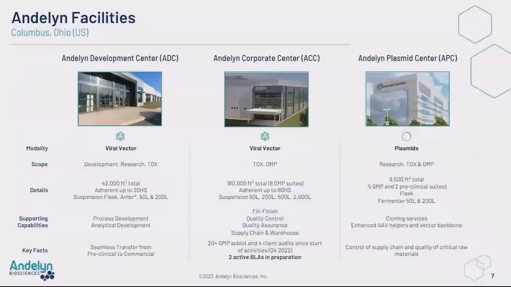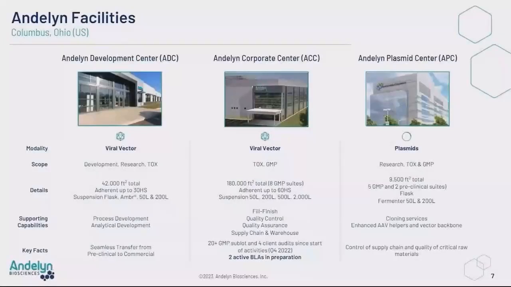And talking a little bit about our facilities, we have 3 facilities in the greater Columbus area. There's a joke locally that says everything is 20 minutes, and that's definitely true with all 3 of these facilities. They're all very close together. Our viral vector Andelin Development Center is located in Dublin, Ohio. That's where I'm sitting today. It's a 42,000 square foot facility that handles all of our preclinical and development from PD to AD and our preclinical manufacturing efforts. Then we have our Andelin Corporate Center, which is a fully commercial GMP facility that's 180,000 square feet,